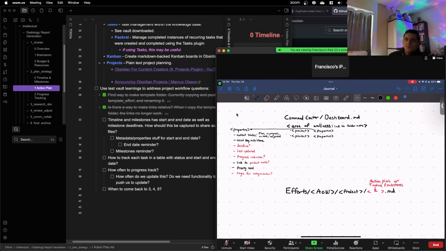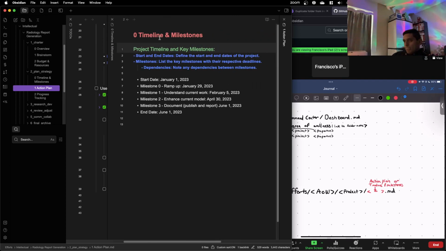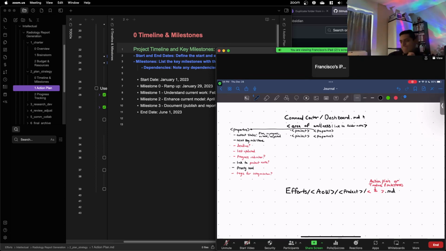So that's likely going to be a database folder. Dataview or database folder.